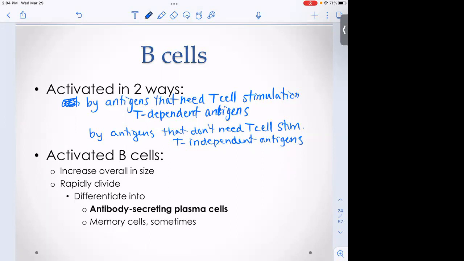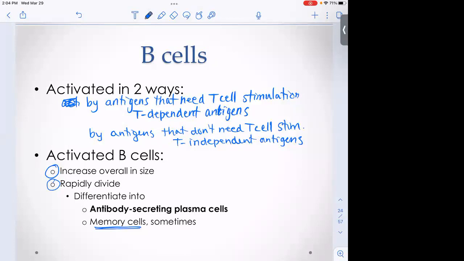But once the B cells get activated, whichever kind of antigen it is that activates them, what happens? The B cells, they get bigger, they start to rapidly divide and differentiate into these plasma cells. Okay, remember the plasma cells are the ones that are secreting the antibodies. And sometimes, it depends how it's activated, but sometimes we get memory cells as well. So basically a memory cell, the next time that memory cell encounters that pathogen, it doesn't have to be activated all over again. It's ready to go, and it's ready to very quickly differentiate into plasma cells